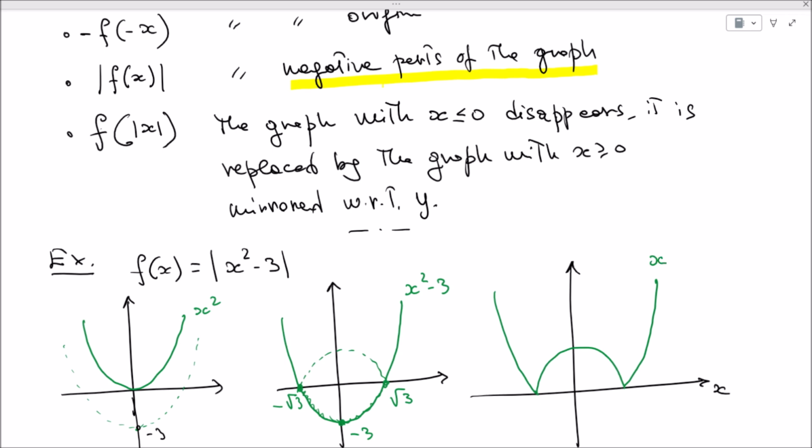So this will be x squared minus 3 in absolute value, with this being minus square root of 3, square root of 3, and 3. Okay, so